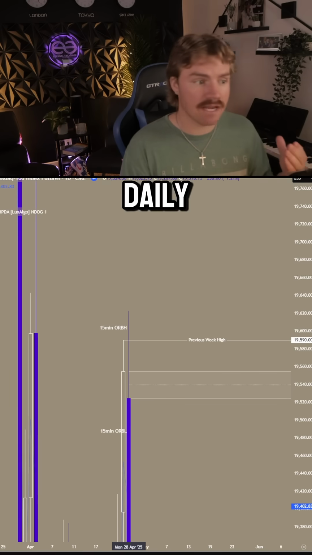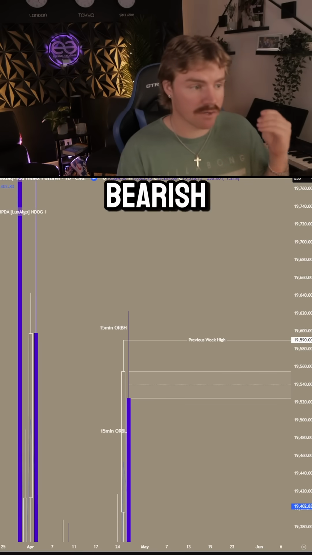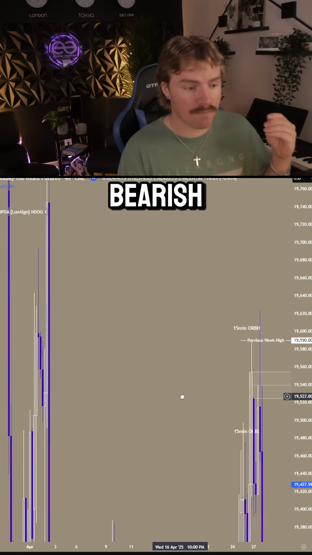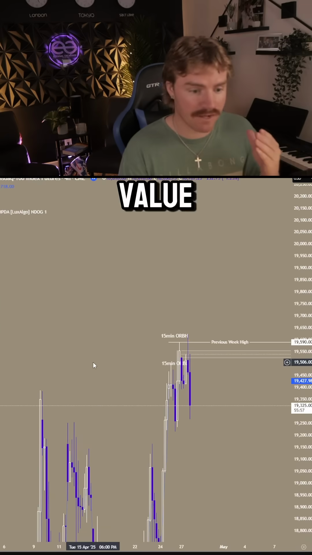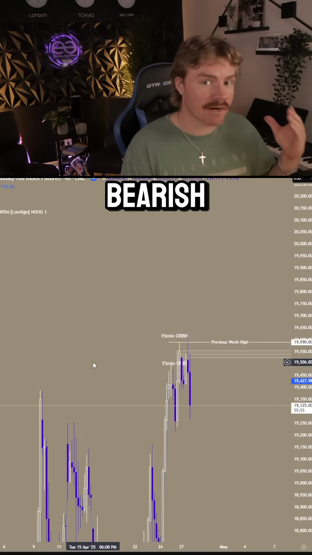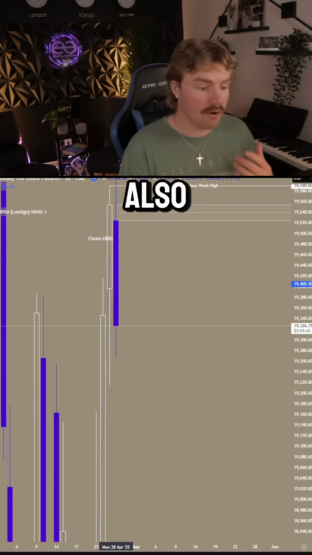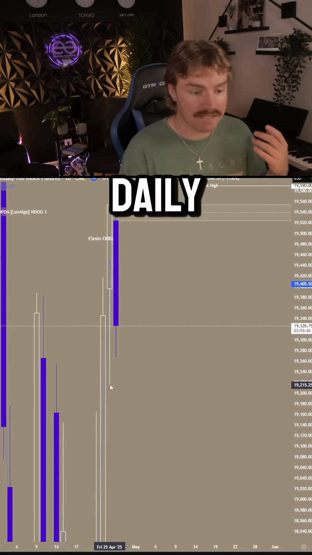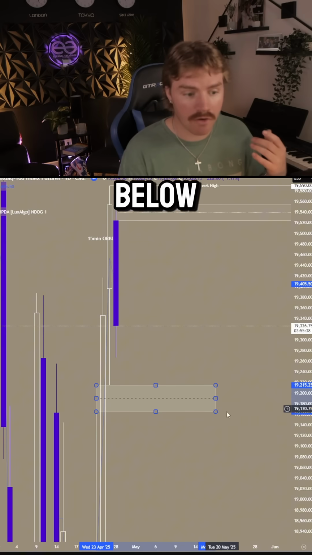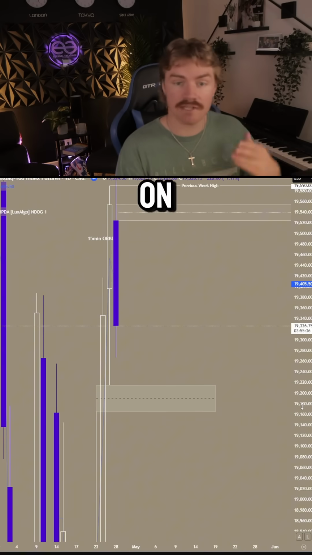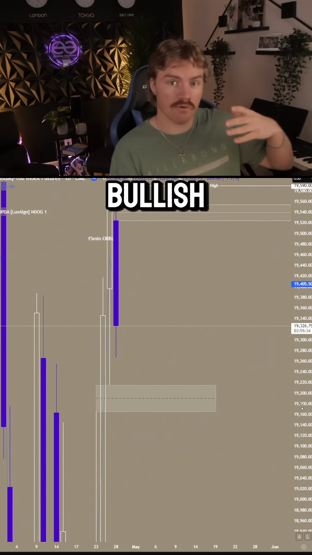We traded into a daily bearish fair value gap, a daily bearish order block, into a 4-hour bearish order block, and a 4-hour bearish fair value gap, and even an hourly bearish fair value gap as well. I also knew that it was Monday and that we had a daily bullish fair value gap resting below, so I wanted to see price retrace on the first day of the week before seeing bullish expansion for the rest